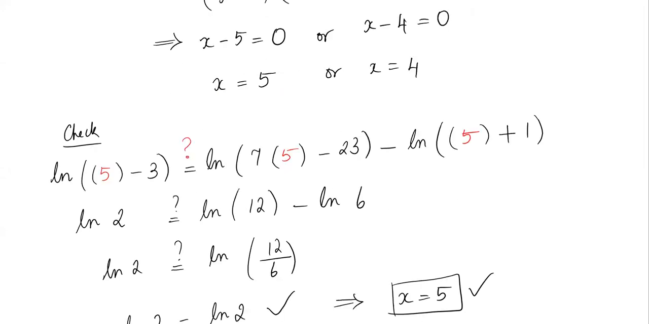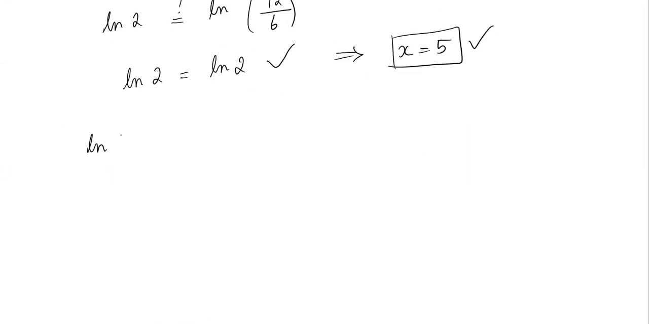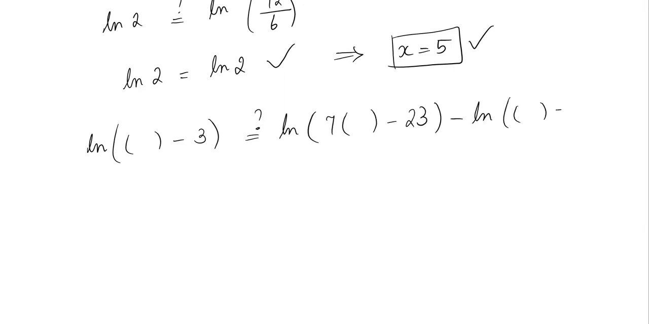And then you have to go back and check for the other one, which is 4. So ln, okay, plug in 4. ln 1, 28 minus 23, ln 5 minus ln 5. ln 1,